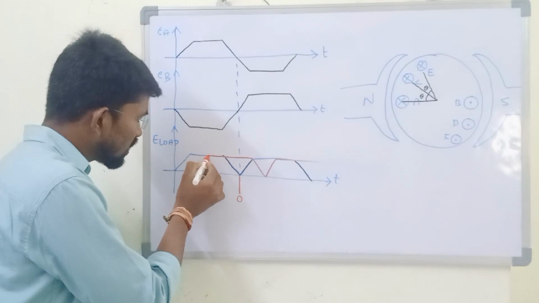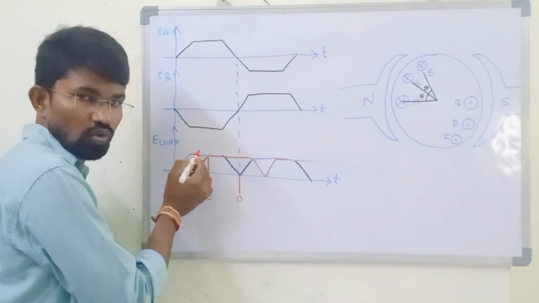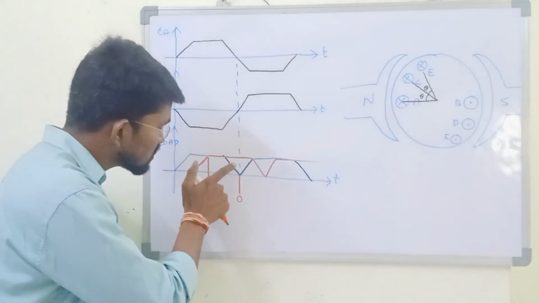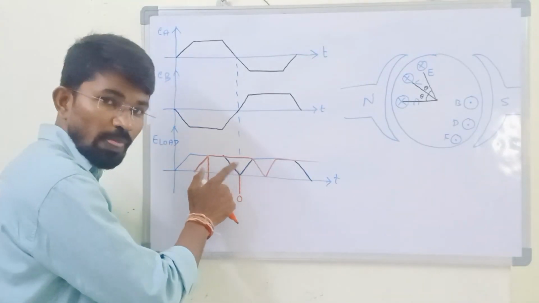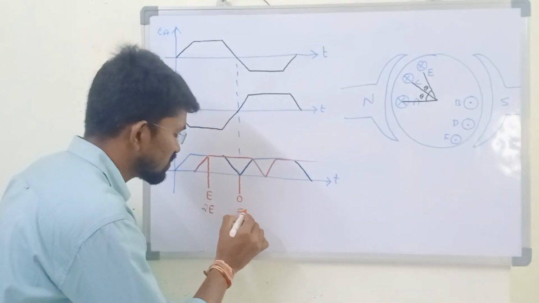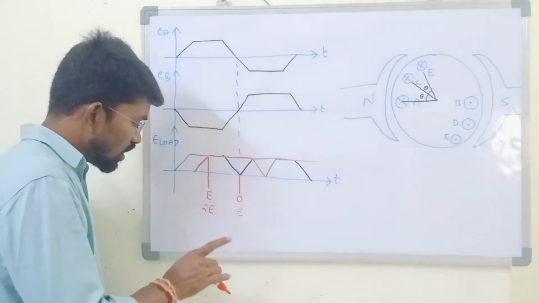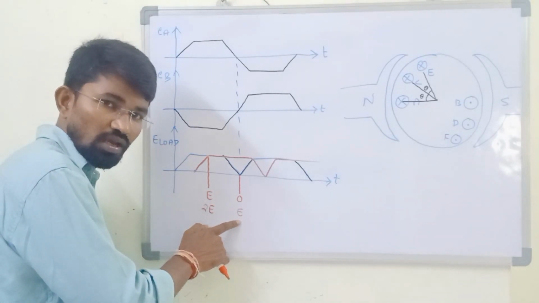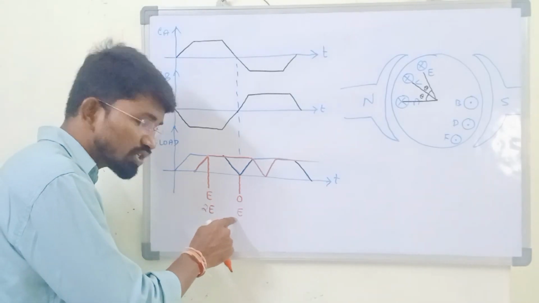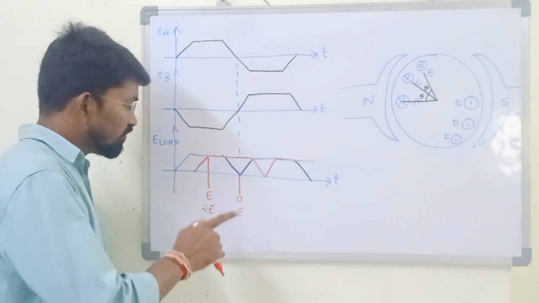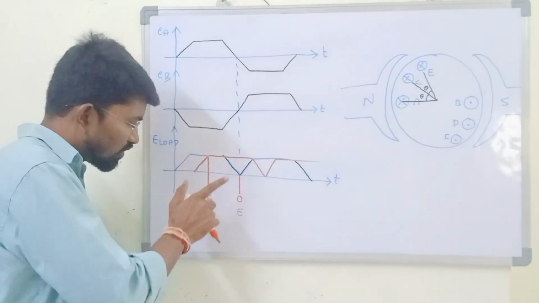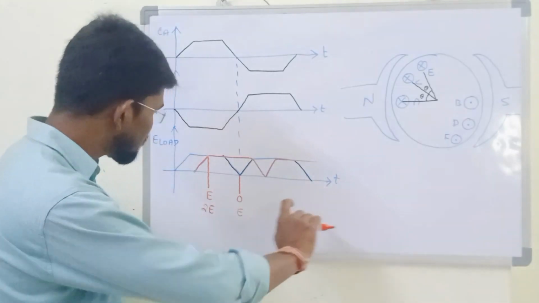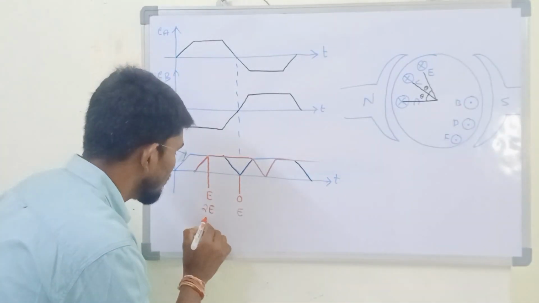Now, at this instant, you tell me how many coil voltages we have? Two coil voltages. That means two coil voltages, I can take this as 2E. Now, at this instant, you tell me how many coil voltages are there? Only one coil voltage. That means one coil voltage, I can take it as E. Now, when this 2E is 100%, this E is nothing but 50%. Yes or no? Now, what is the percentage change here? 50% change. When we are using two coils in a machine, what is the percentage change in ripple factor? Only 50%.